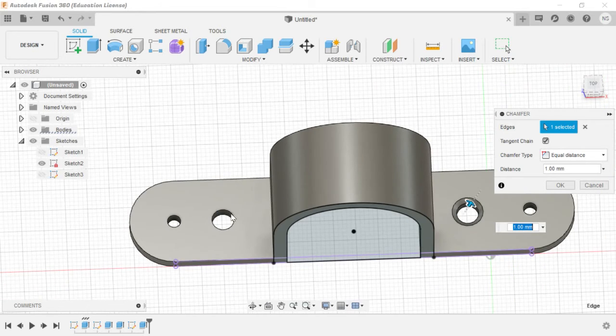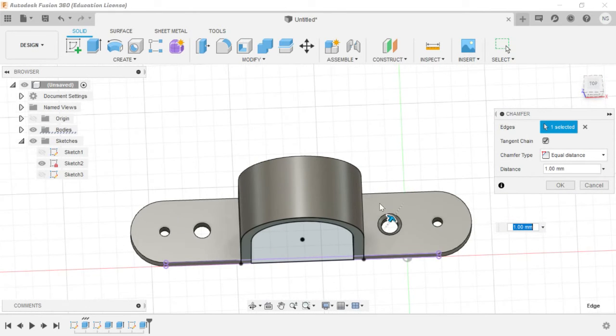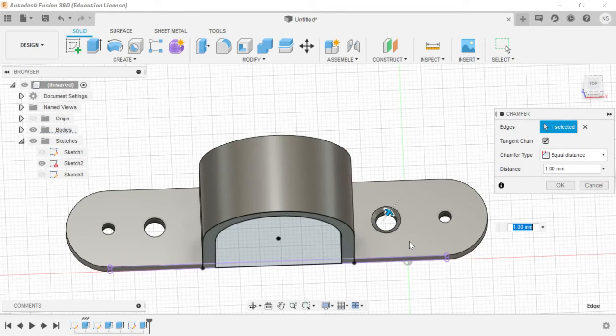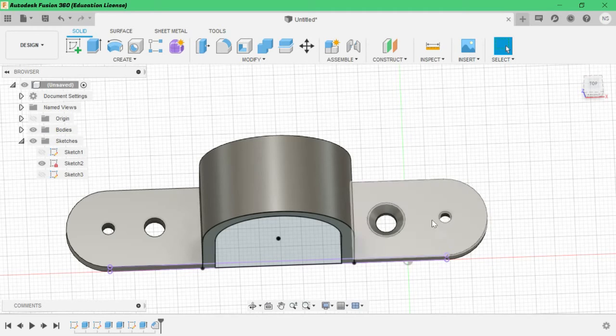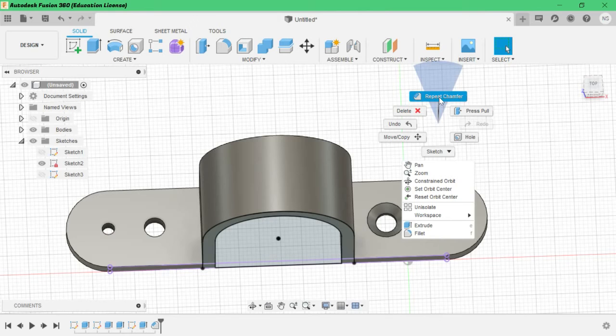Okay, I think chamfer will be given for only one hole at a time, so we'll give 2 mm thickness chamfer. Click enter. So again click on this. So okay, I am here to introduce another tool. It's just like a tip. While you are clicking, right click and go to repeat chamfer.